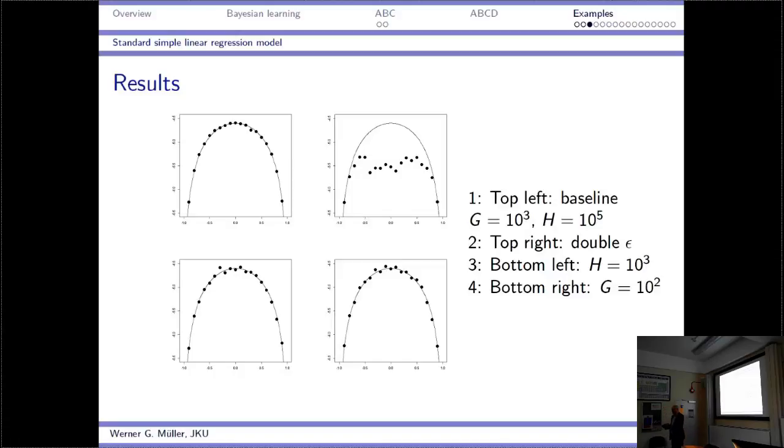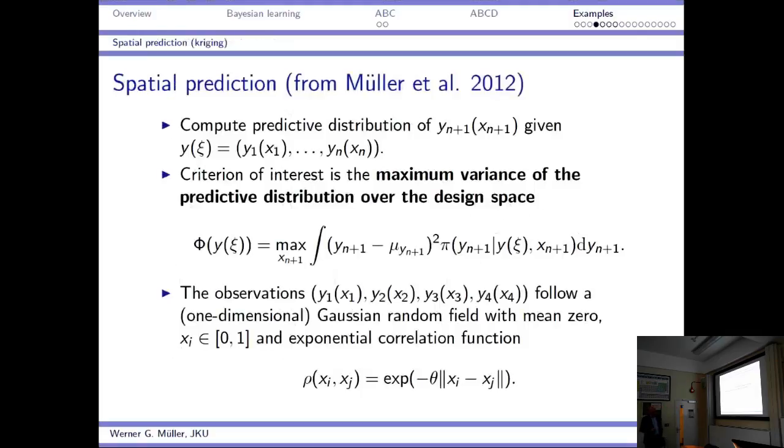So this was the setup example, I think, that I just gave, because you're probably quite familiar with everything that's going on here. Let me give you maybe something more realistic or more advanced example. This is an example about spatial prediction. It's actually taken from one of my earlier papers with a colleague of mine, Helmut Weidler, and Luc Bronzato from 2012. And it's about computing the predicted distribution of a new observation yn plus 1, given that you have already observations up to n, but these observations are spatial observations, so they are typically spatially correlated